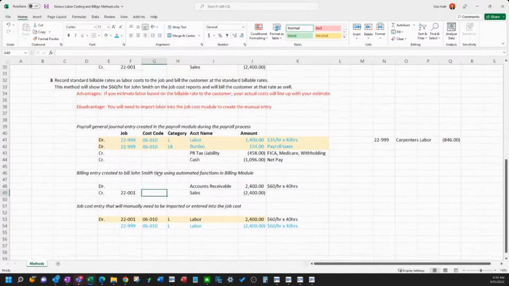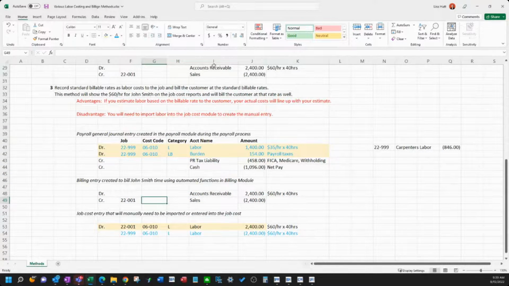More and more people are gravitating to this because you are getting your estimates more in line with what actually is happening. And the customers are wanting backup of their labor and what you build. So they want to see the $60 an hour match the billing.